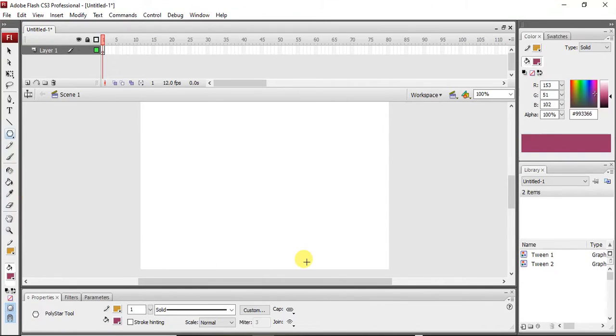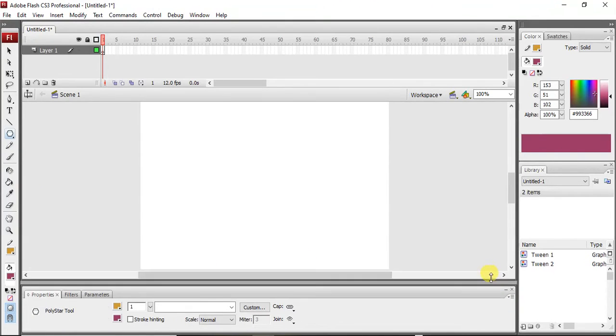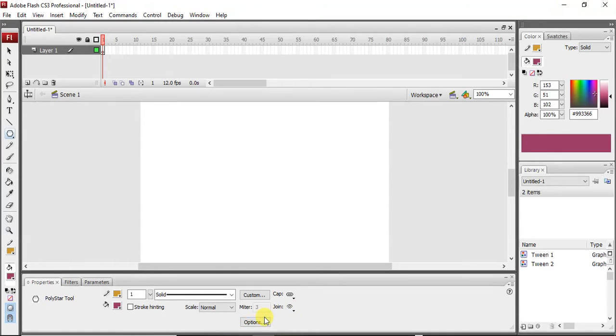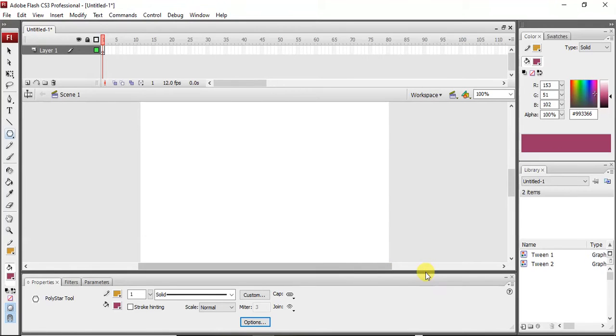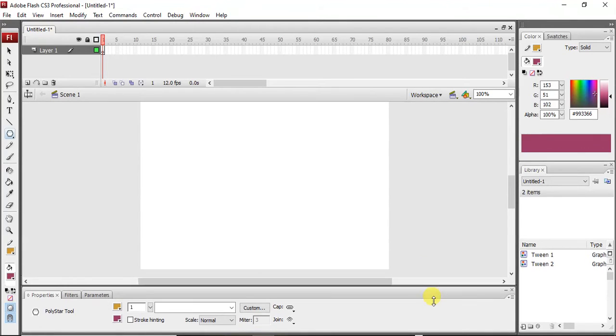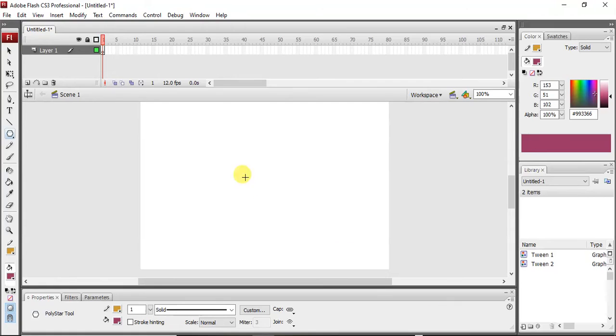In the PolyStar tool, I click on the options, and in the options I take the style as star, and for the number of sides I want 6, and then click OK. This is the star figure I have chosen with 6 sides. So I am drawing the star here. This is the star drawn on the stage area.